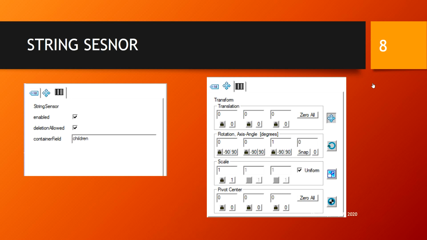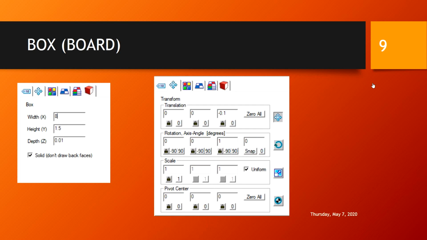Now in the string sensor you have to enable the string sensor and deletion allowed. It means that with the help of the backspace key, you can delete the text, and these will be the coordinates. Then we will be creating one board on which we will be writing the text.